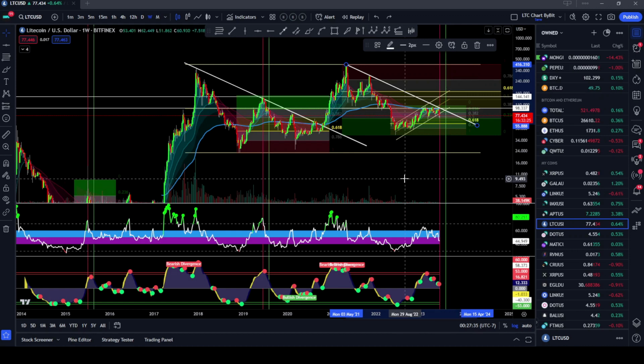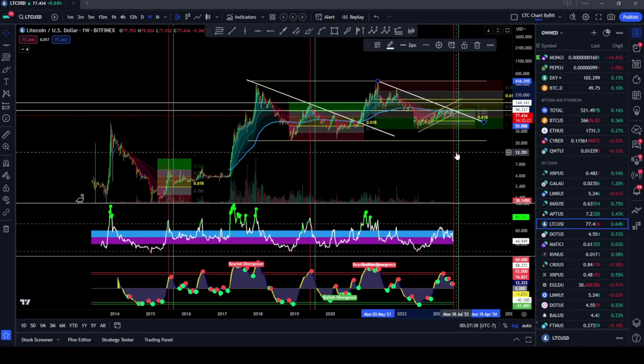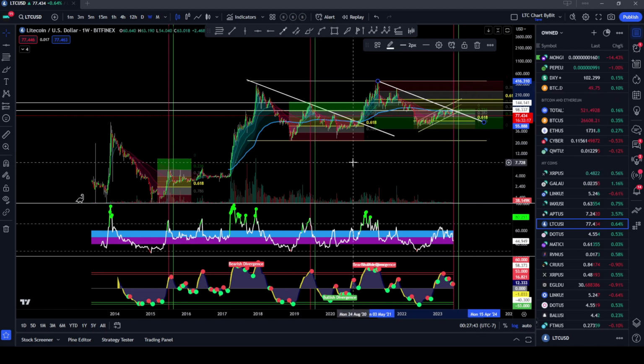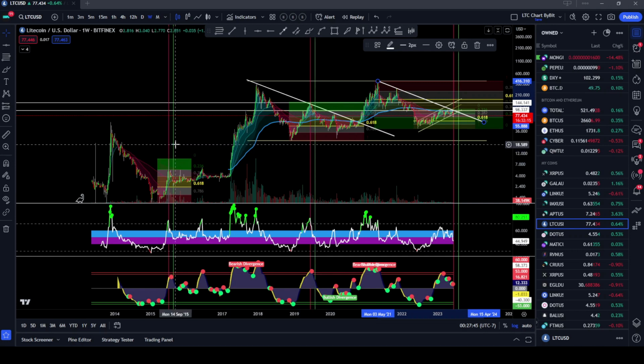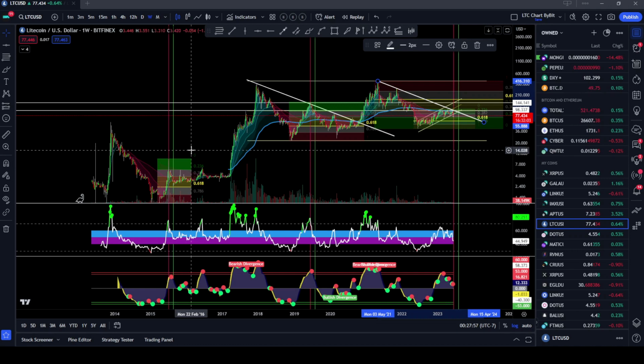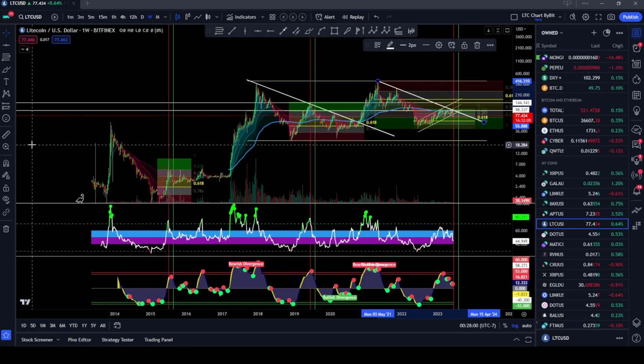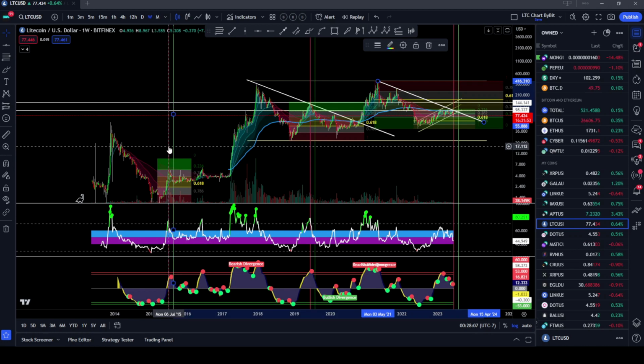I've noticed a couple things here, and this one was very important: these vertical pink lines here, and then the green line. The green line represents the Litecoin halving. The pink line represents when Litecoin hits its top and then falls roughly 50 to 70% after the halving, or before the halving, actually. What's really interesting is if you start at the halving and measure over to the pink line where the top comes in,